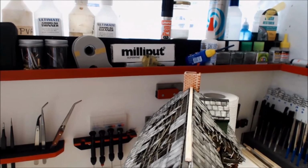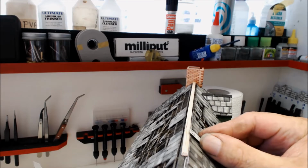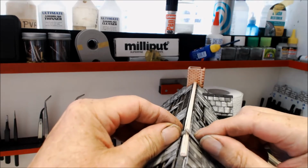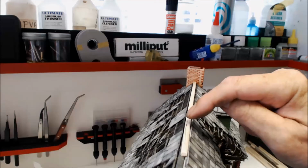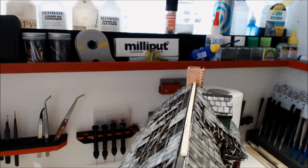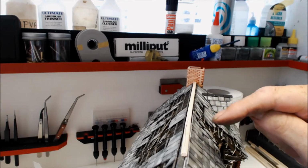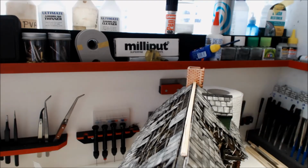Now if I can swing that round that way and lift you up just so you can actually see what I'm having to do. I'm having to put a piece of timber down there to bring an extra course of tiles up, one this side and one this side, to actually make my ridge. Now the back ones will be stuck to this piece of timber, but the front ones won't, because I want the ridging to be stuck on this front half to make the hook to keep everything in place and to make the line disappear,